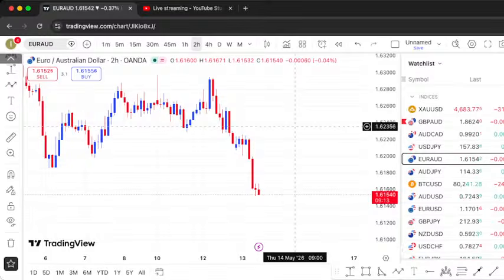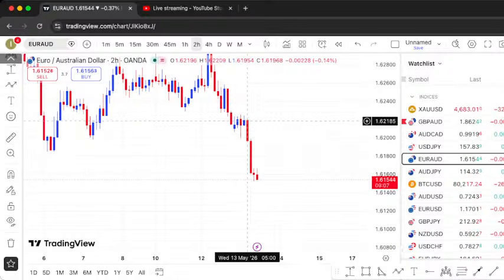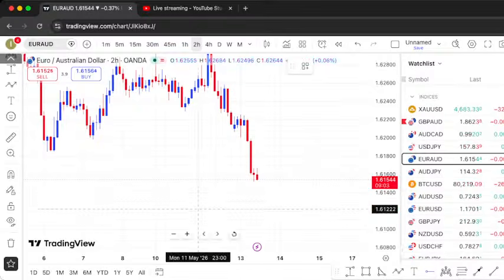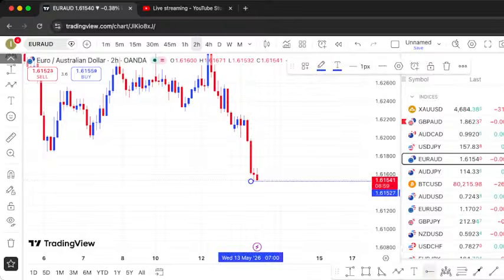And what do we do? Whenever we see this kind of positive correlation, remember what we did in GBP AUD? We use fib. Fib because we had a bearish momentum like this. So what should we do? Using the horizontal ray, draw the recent low, and now draw the recent high.